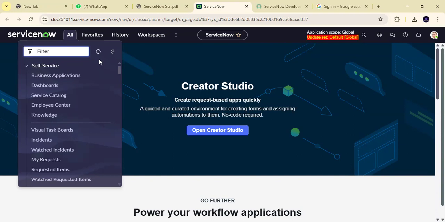So today I'm starting with the client script. Today's first scenario is that when a user selects a value in our requested for field, the email and phone fields should be automatically populated for that user. How am I going to show this? The requested for field comes in which table? In our requested item table or in our request table, right? So let me open